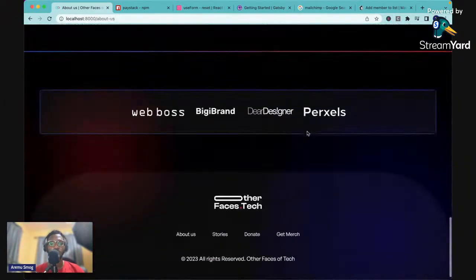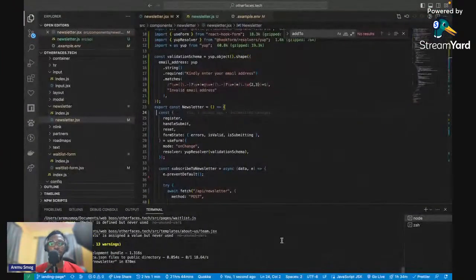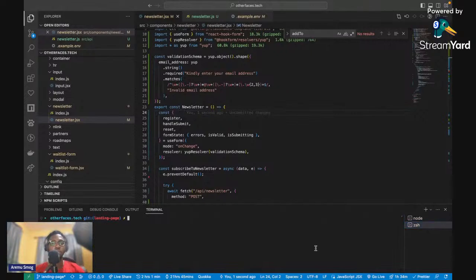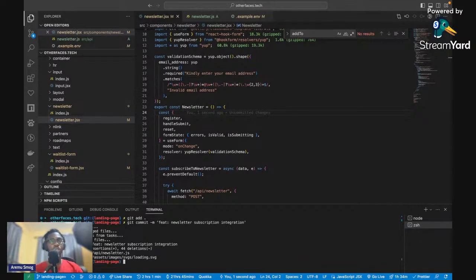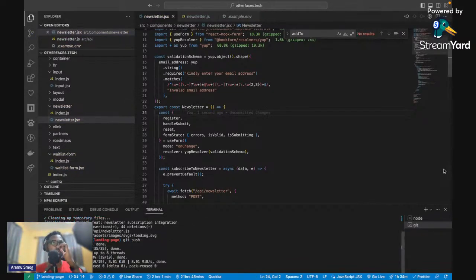So I'm just going to go ahead and say git add. Let's commit: feat newsletter subscription integration. So the next thing that we're going to do, let me just push this. So the next thing I want to work on is